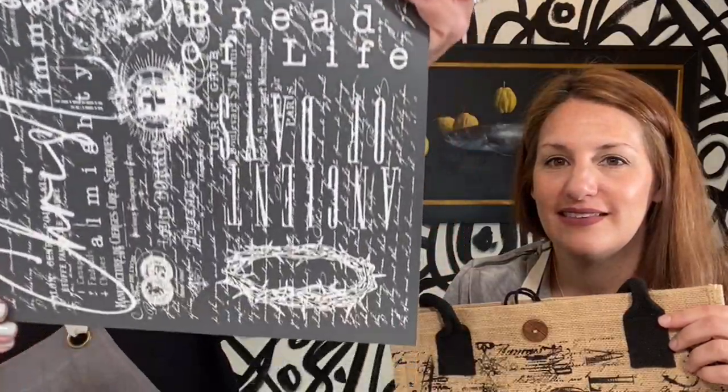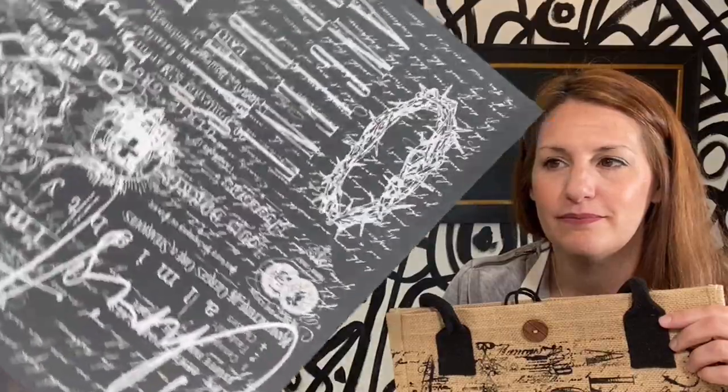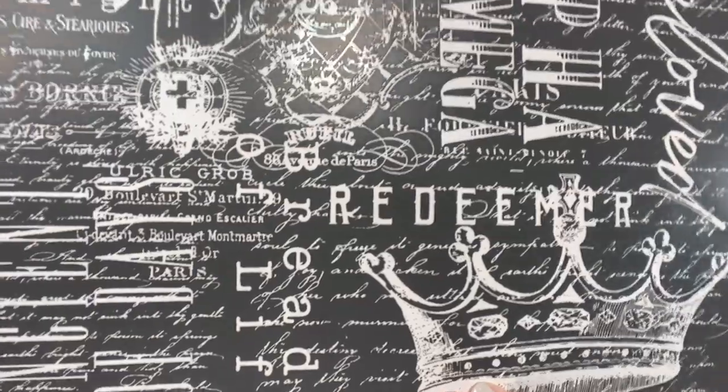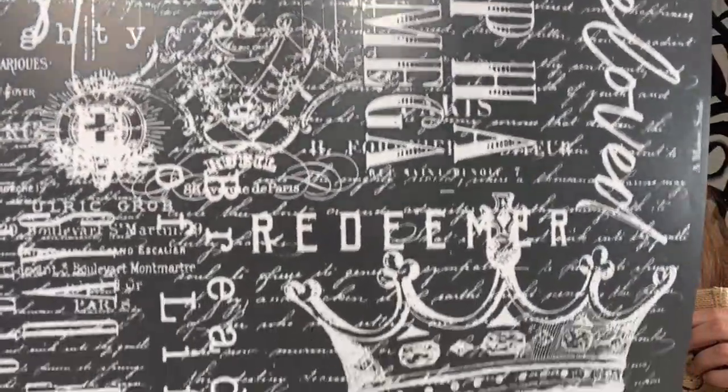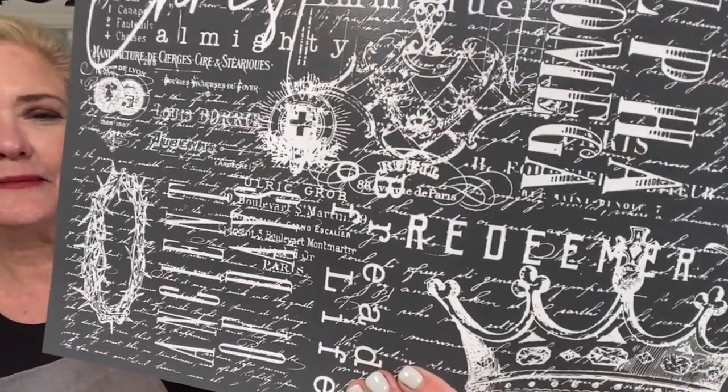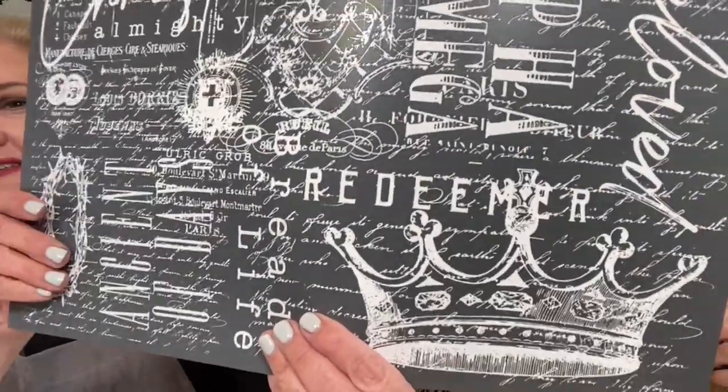Look at this. And I'll turn it this way. Can you see it? The name of the stencil is the Names of God. And so it is Redeemer, Alpha and Omega, Beloved, Bread of Life. There's so many. Ancient of Days. Look at this. Isn't it beautiful? Christ, I love it. The crown and the crown of thorns. Look at this. And when we do these larger stencils with designs like this,